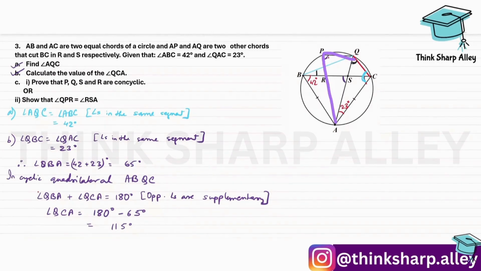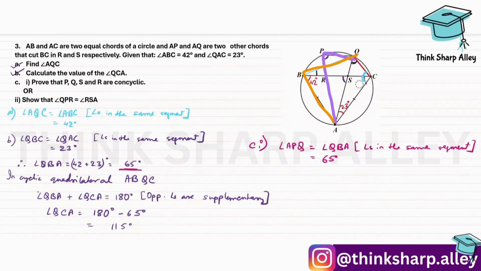First, angle P. Angle P is coming from the segment AQ. And from the same segment, angle QBA is also coming up. And angle QBA is equal to 65 degrees. And in order to find out angle S, we can use, yes, I've removed that blue mark. Now remember, since AB is equal to AC, if this is 42, this one was also 42 degrees, right? And this S becomes an exterior angle of the triangle SCA. So angle S will be the sum of the interior opposite angles, that is 42 plus 23.